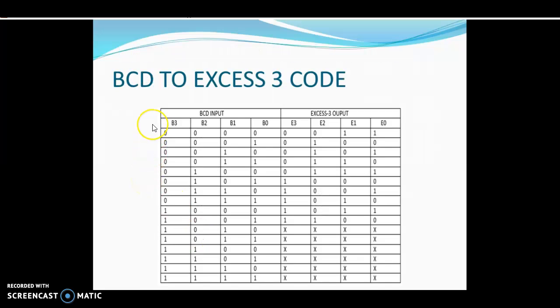This is the circuit diagram of BCD to XS3 code from 0 to 15. Here BCD is the input and XS3 is the output. If I give input value 0, we get output value 3. If I give input value 1, we get output value 4. Yes, every input is added by 3 before encoding. After 9, the output value is a don't care function. Actually, don't care is invalid, but it is useful in K-map for our simplification.